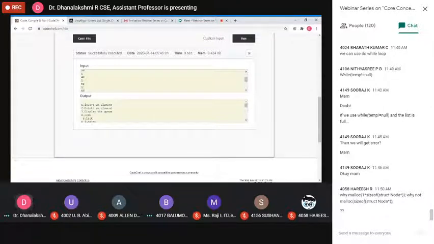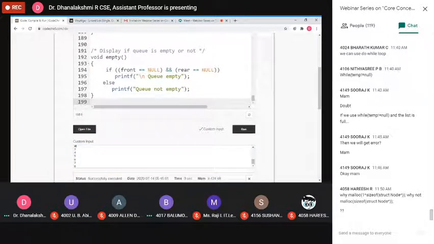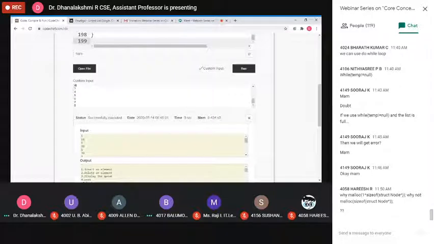Then I will display the first, second, third, fourth, fifth elements. Then the display operation, then the dequeue operation: two times I called the pop operation. Then display.